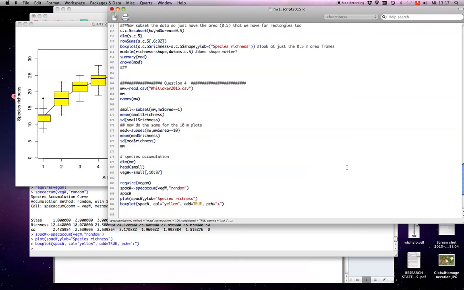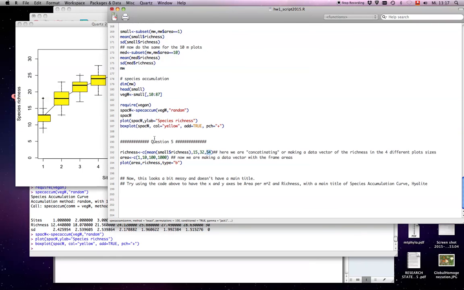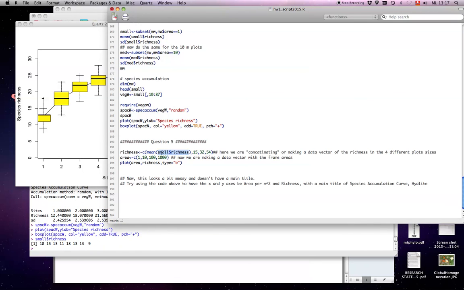And we sum across the rows. But actually, we didn't even make you guys sum this year. You can just look at the richness vector within the data. But we need to calculate the mean species richness of all these small plots. So we'll borrow this object that we already calculated up here, and that was the vegetation for right here. We could sum across rows, but Chris was nice enough and made you guys the richness vector. And that looks like this for each one of the rows. And now we just need to do the mean of that,